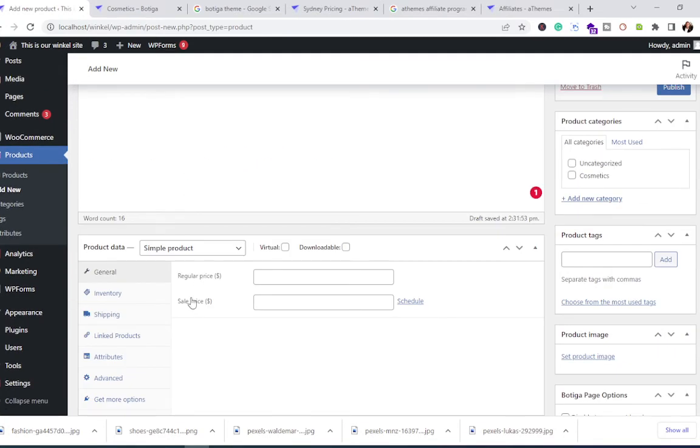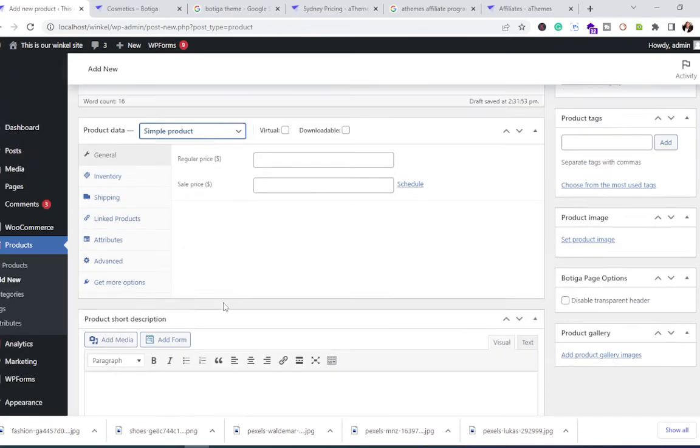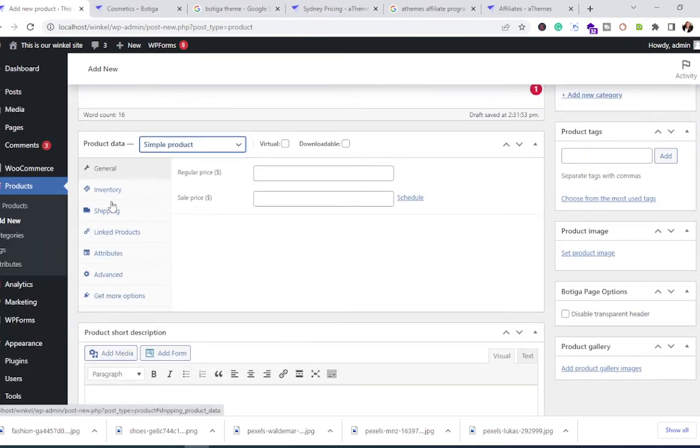So now we have to choose product data, simple product. So it says group product, external affiliate product, variable product. So it's simple product. Okay, so now here it's general. Regular price is what? Let's say it's $120. Sale price is $100, and